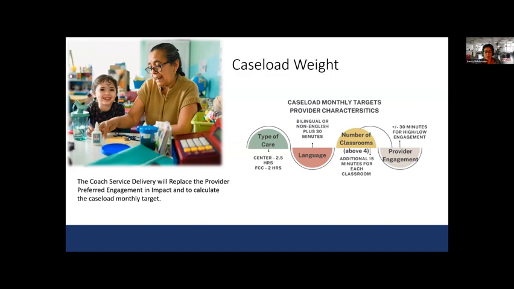I'll also add another layer, because this is also in response to what I heard from coaches. I had the privilege of visiting 4 regions for coach listening sessions last fiscal year, and hoping to visit 2 more regions this fiscal year. And what I heard around advocacy of well-balanced caseloads for coaches across the state, not just in one region, not 2, but across the state.